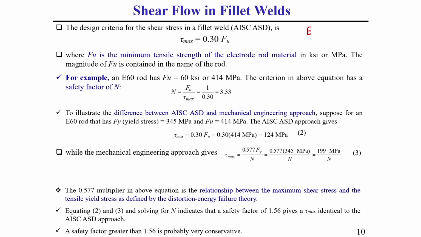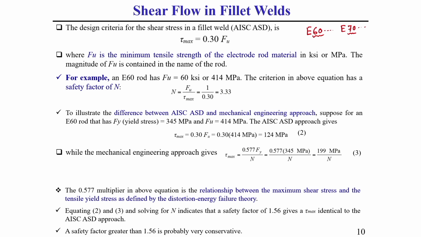industrial applications we use two very important electrodes. One is called E60, and the rest of the terms I am not writing, and another one is called E70, rest of the terms are also there, I am just writing the strength of the electrode. These two types of electrode have a popular application in the field of steel construction.